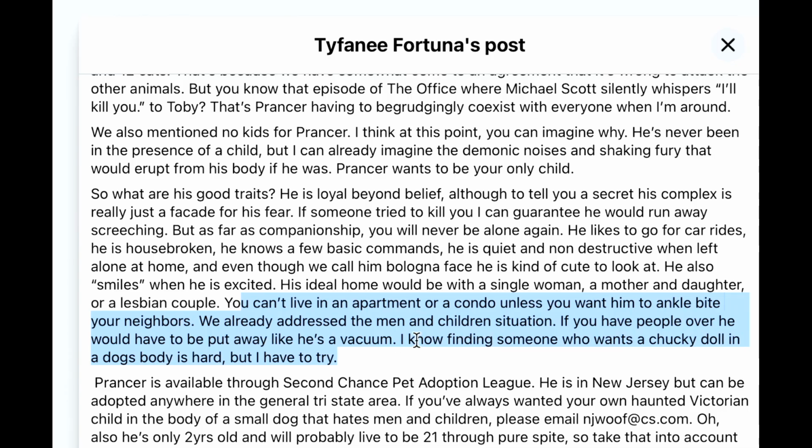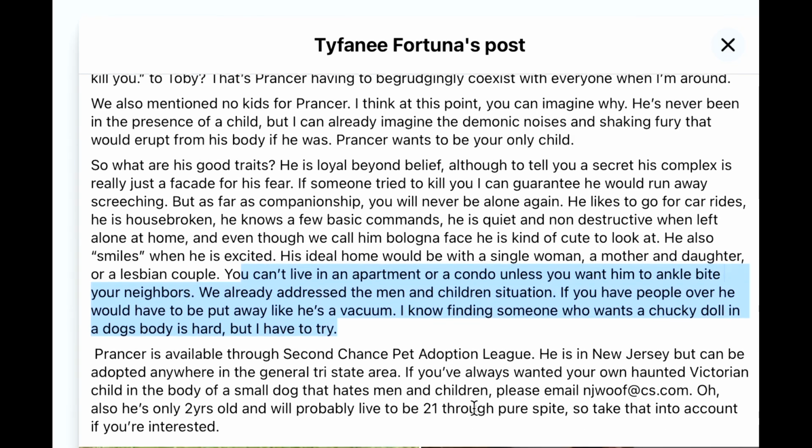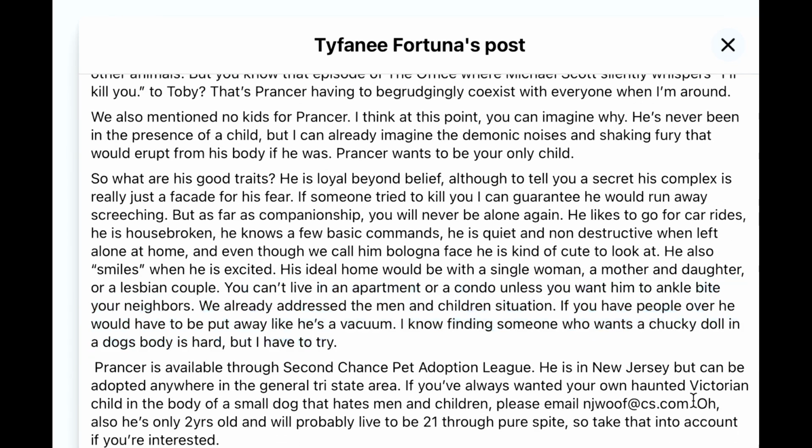I know finding someone who wants a Chucky doll in a dog's body is hard, but I have to try. And then she signs off rather ominously, warning, "Oh, he's only 2 years old, but will probably live to be 21 through pure spite. So take that into account." So I think about how we could find loving homes